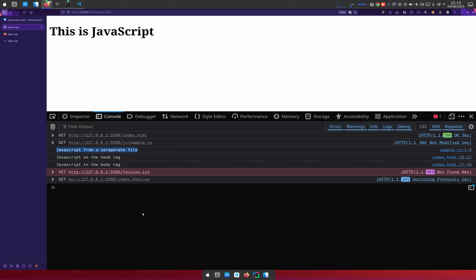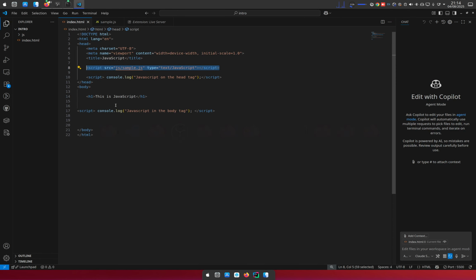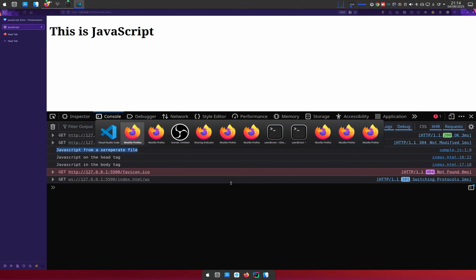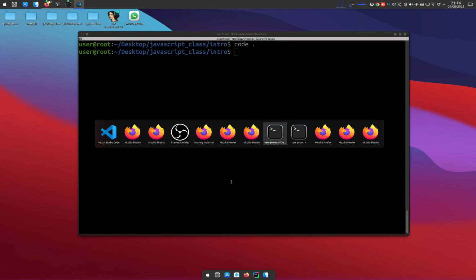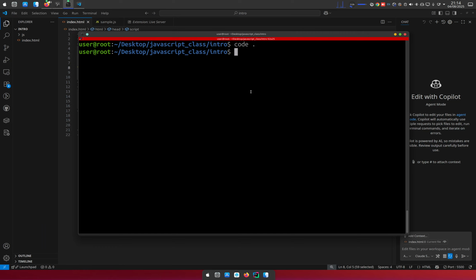I feel those are the core things that you need to know before you even get started with JavaScript. One last thing that I might show you as a bonus is that you can run JavaScript on your terminal. First of all, you have to make sure the location of your terminal is where that JavaScript file is.